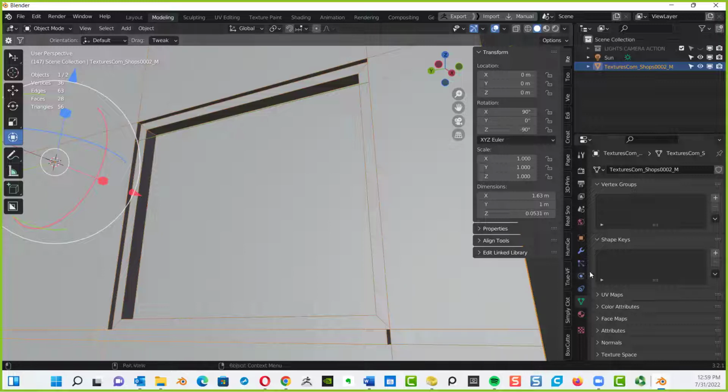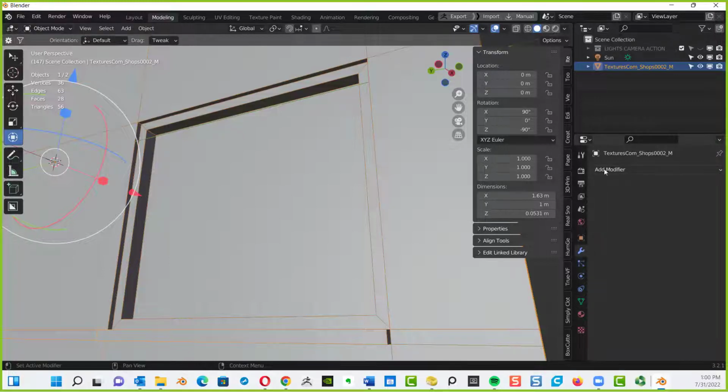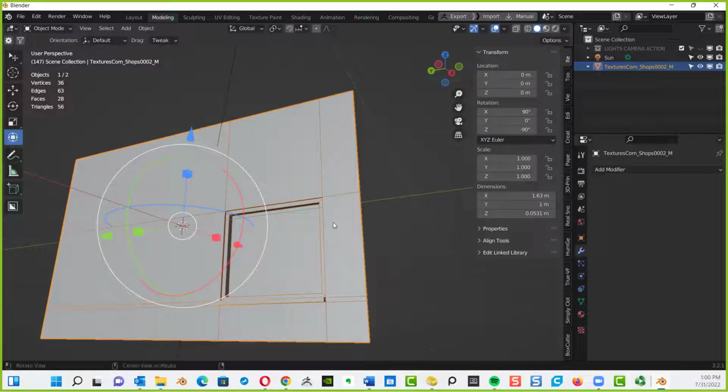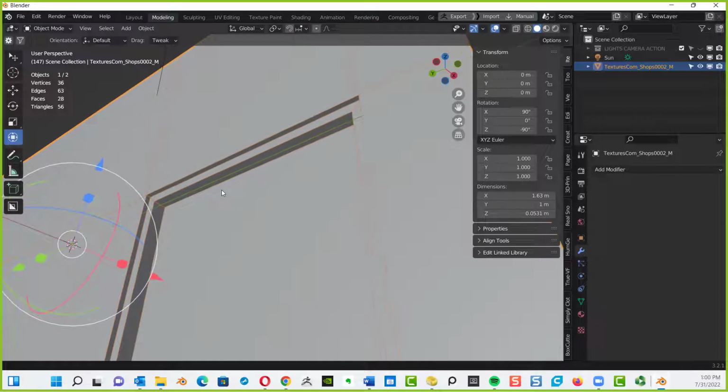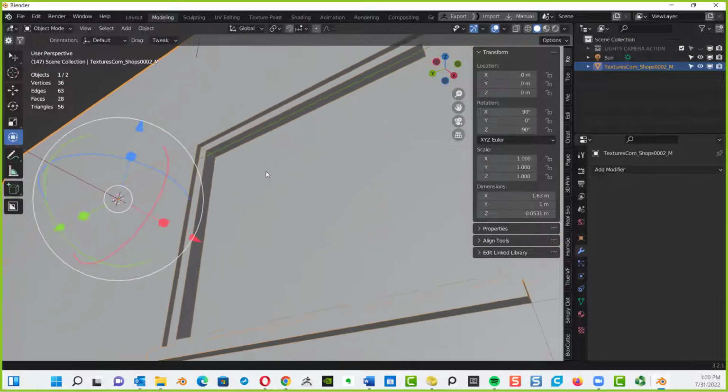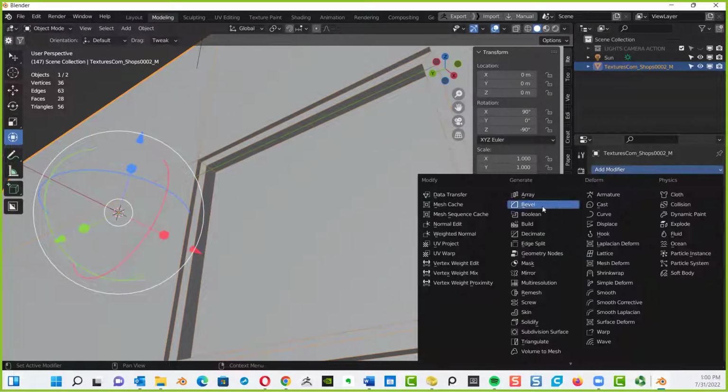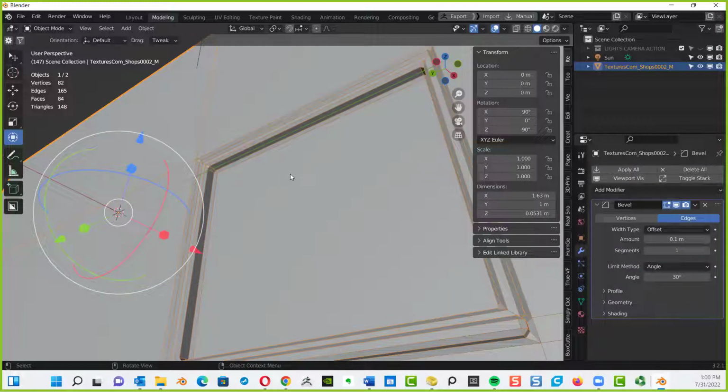insetting and extruding. But this little gear, the blue wrench gear over here, vertically down on the left-hand side of my 3D properties, if I click that, I have a blank area because there's nothing in it yet. With this in object mode, and this is important, you're in object mode, with the object selected, I'm going to apply a modifier to it. And the modifier I'm going to apply is bevel. If I click it, boom.